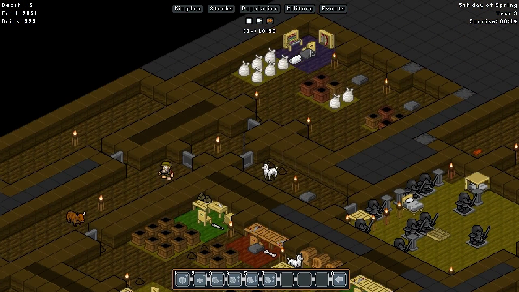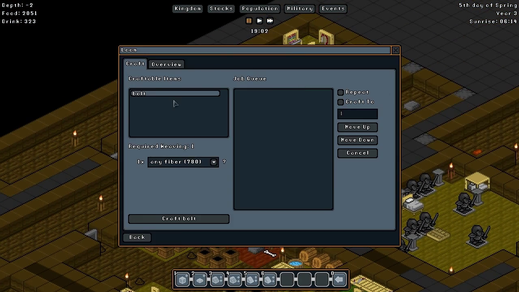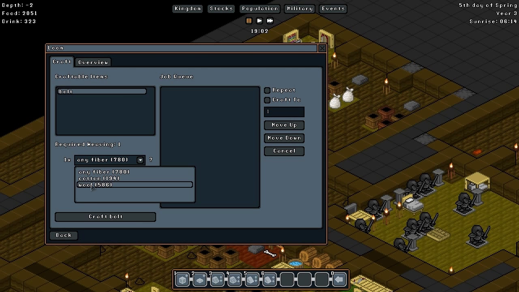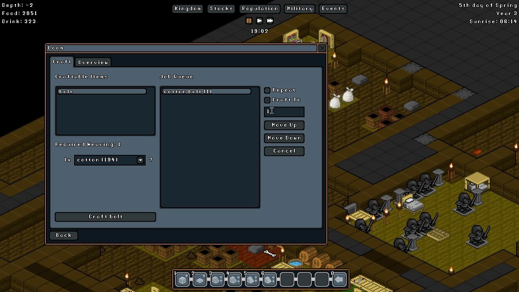Okay, we've got our loom. Right, let's have a look at this. Right, looms, as before, can only make bolts. And we can store 32 of each type. So we're going to set up first a craft order for 10. We want to keep these made. We want a constant supply of bolts on hand for making primarily bandages. So 10 cotton bolts, 10 wool bolts,